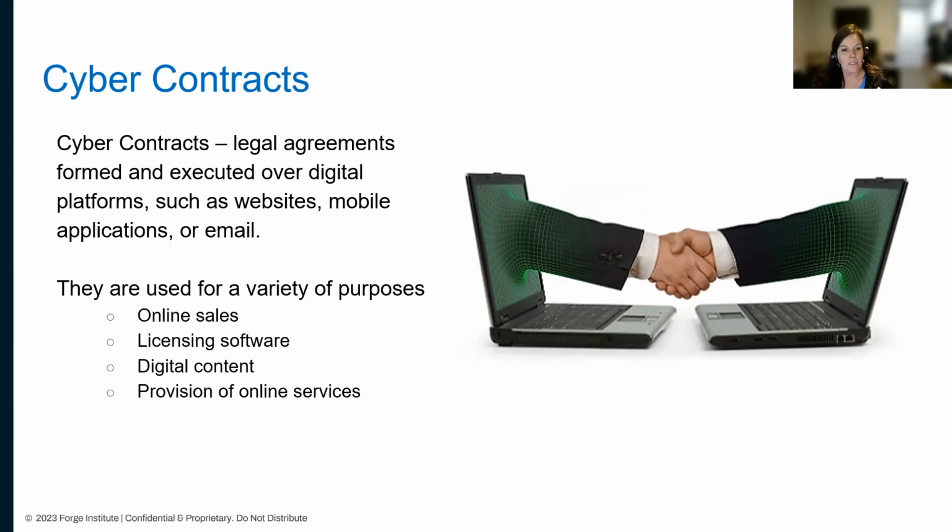By having these cyber contracts in place, they are a legal binding agreement between those parties, right? And it governs the rights and obligations